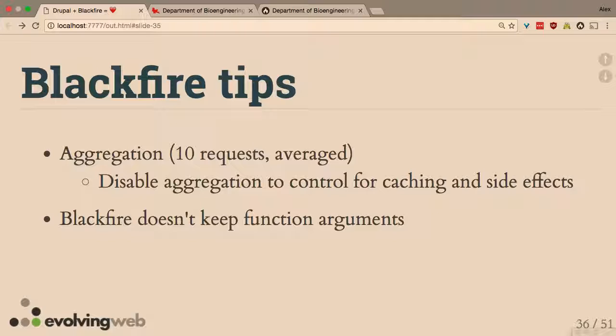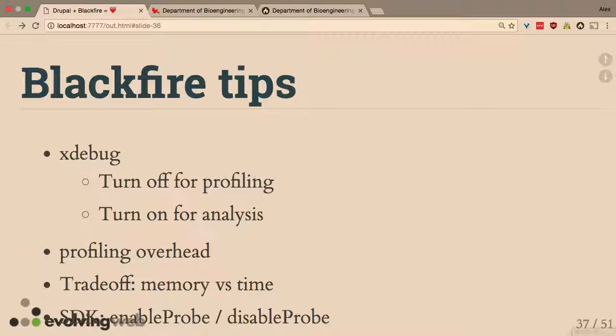Without the entity cache, it's going to be very hard to develop. So you can't really disable all caches. What you can do is try to disable some caches, and I'll talk about that a little bit more later. Great. So we use Blackfire in conjunction with Xdebug, which is another PHP module and a set of tools